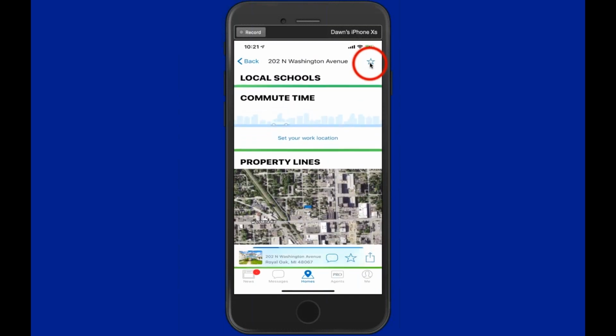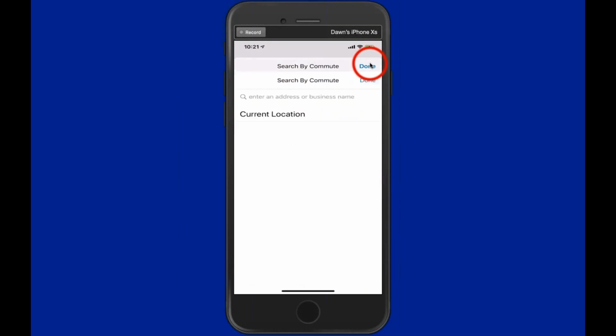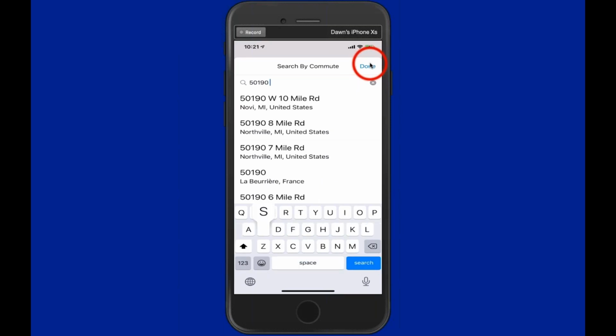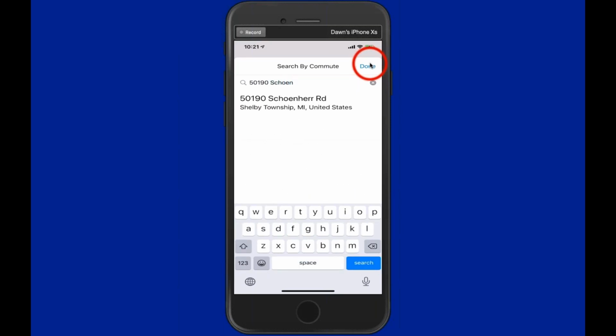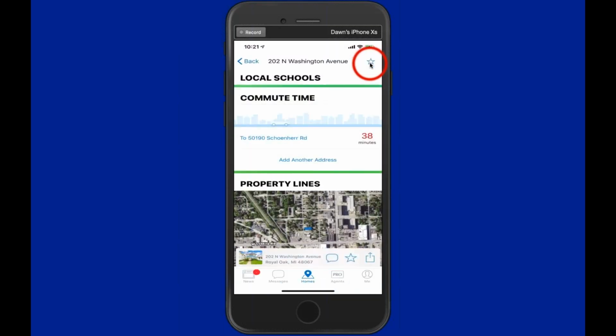The next section is commute time. Commute time is, if a client says, I don't want to be any more than 25 minutes from work. So if I click on and add an address from here, I'll do my office address. Okay. And then I want to click Done in the corner. It now tells me that from this Royal Oak address in Washington, it's 38 minutes to my office on